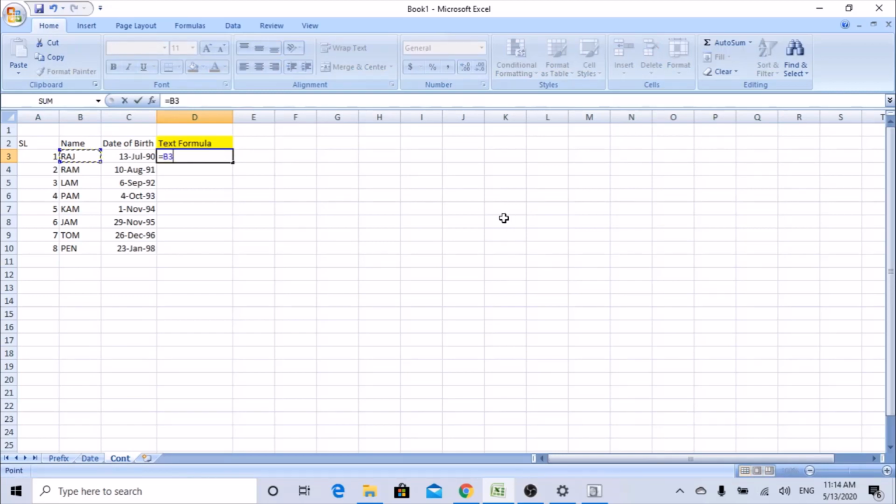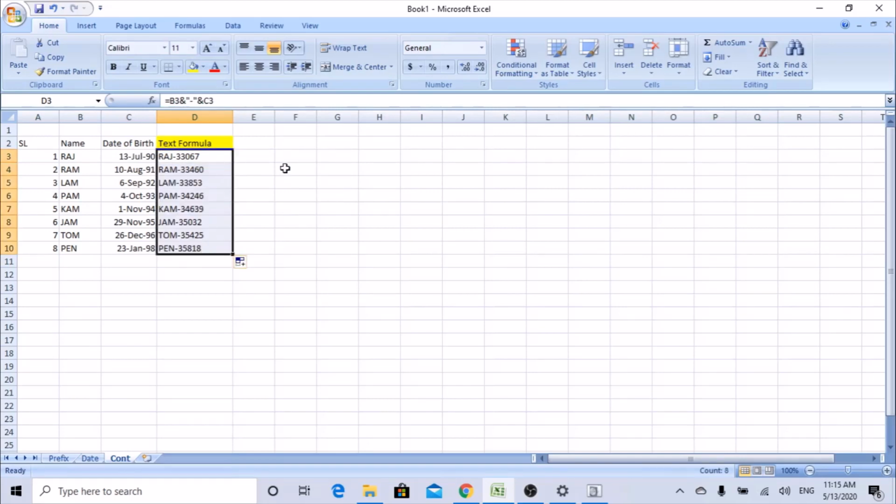So Raj and so as you know, I'm using a special character. I need to get a hyphen between two columns. So for any special character or word, we need to add double quotes. Let's start with double quote, hyphen, close the double quote, add again the ampersand. So select the cell C3 for the date. Now you can see the result. It says Raj and gives the numerical value, but it doesn't give the correct date of birth. Since it is getting converted into a number, it is taking the number instead of date. So that's the reason for that.